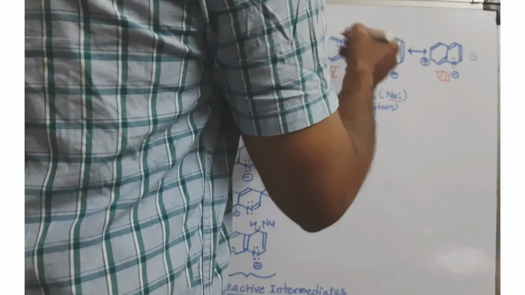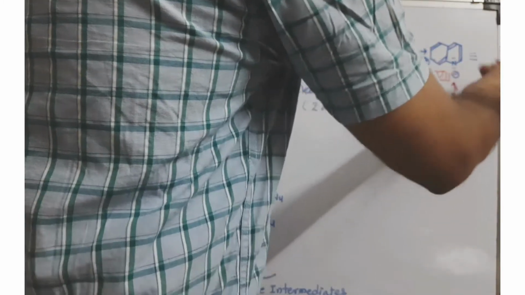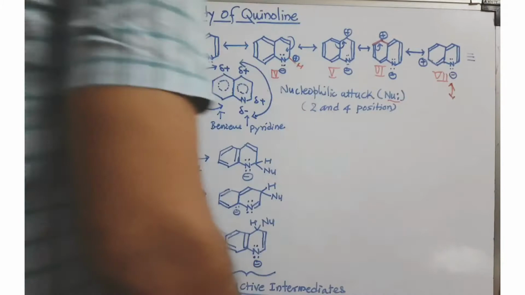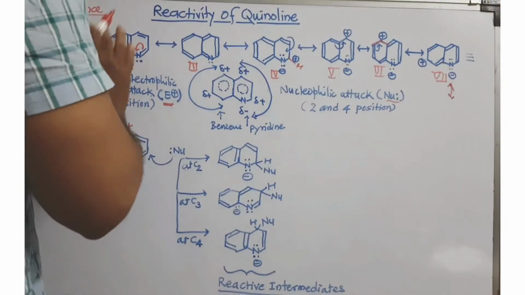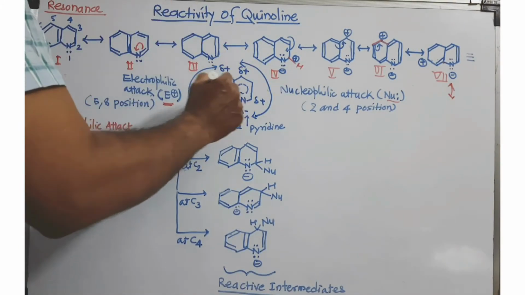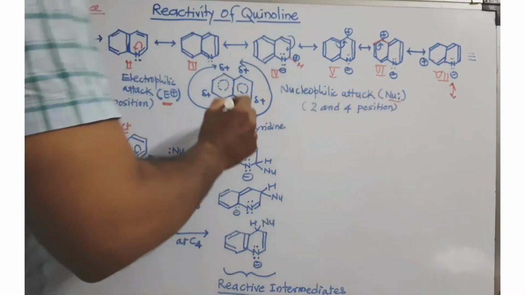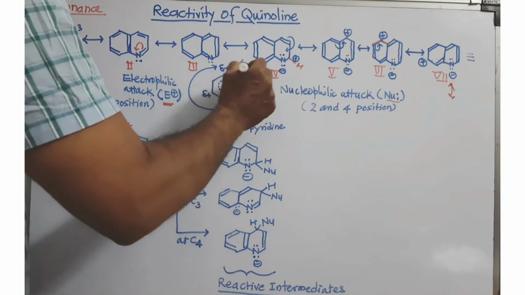Again, I am using the same rule and I get one more structure. If you want to extend this, you can draw a few more structures, but the positive charge will then develop at this carbon. Since these carbons are not considered for attack, I skip the remaining structures, and you must be able to draw at least these 7 structures. From these 7 structures, you can draw the resonance hybrid. Here the double bond is moving in both rings, that's why I have shown it using a dotted circle. And wherever positive or negative charge develops, there you have to put a partial positive and partial negative charge.